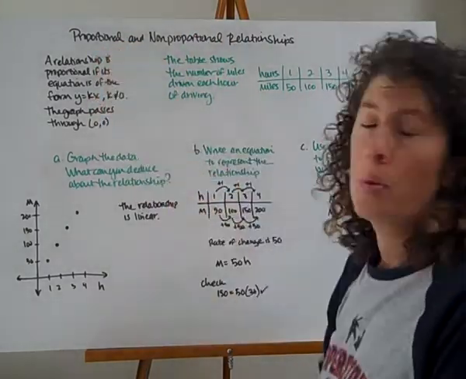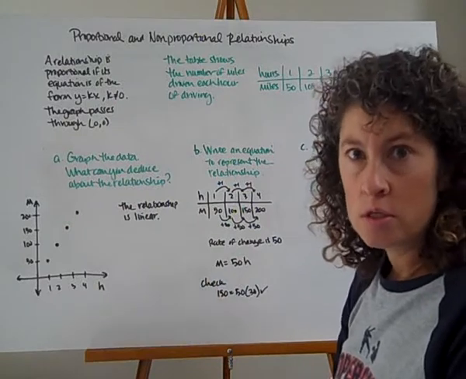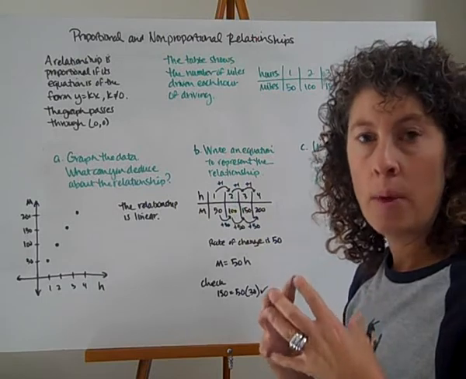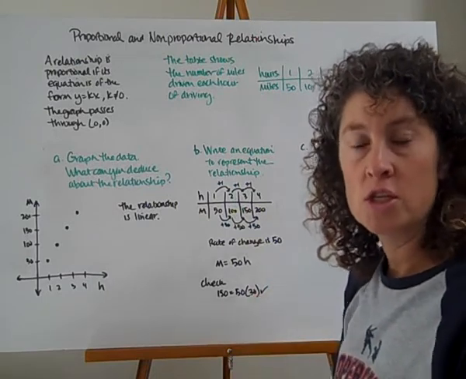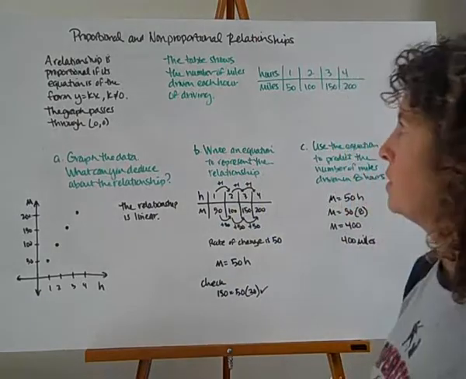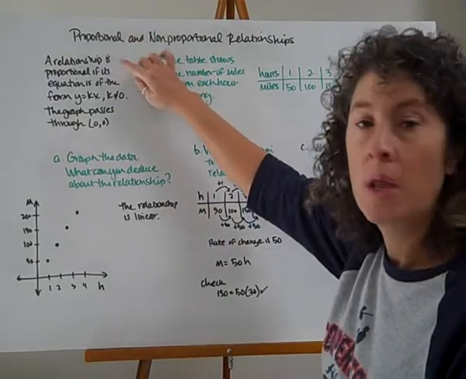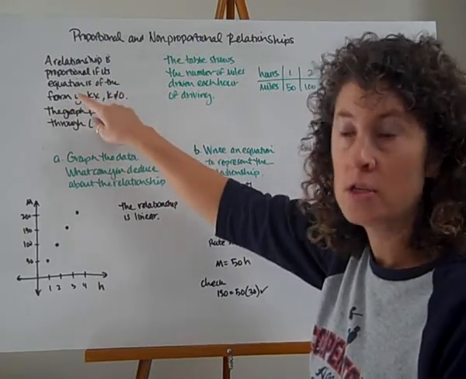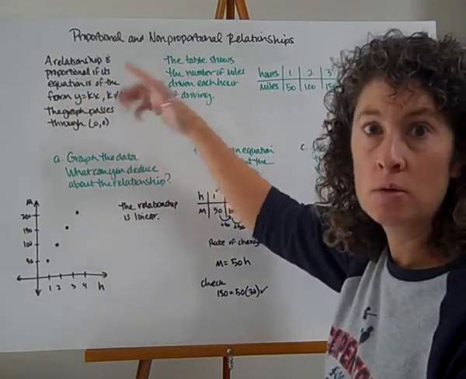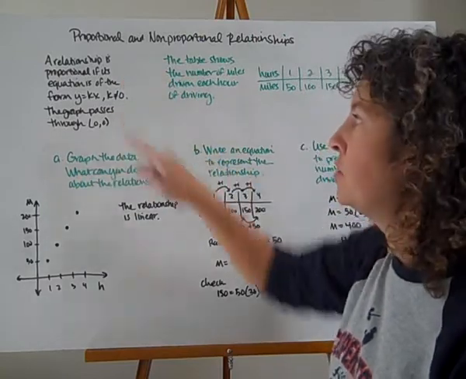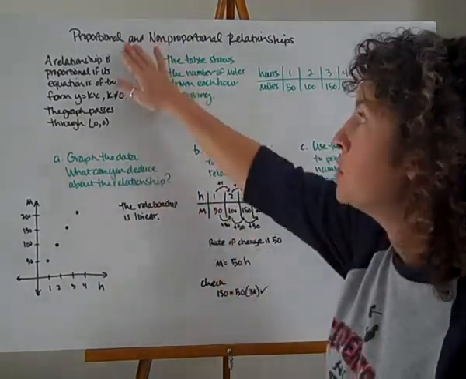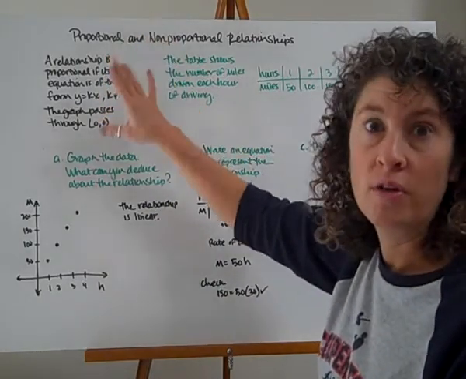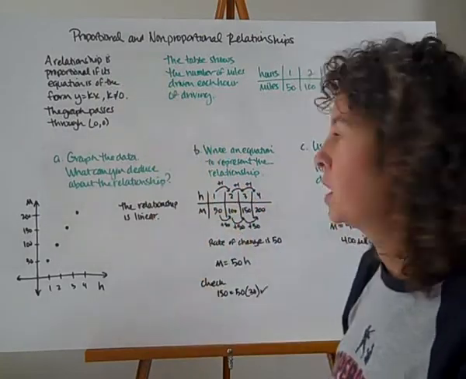So we first talked about proportional when we talked about our direct variation equations, that those relationships are proportional to each other. So I have my output divided by my input. There's a direct relationship, a ratio, a rate when we talk about those. So a relationship is proportional if its equation is of the form y equals kx, and you've seen this before with our direct variation equations. K cannot be equal to 0, so I'm not talking about a horizontal line here. And the graph passes through (0, 0). So our proportional relationships are very similar and very descriptive as we talk about our direct variation. Very similar in how they work.